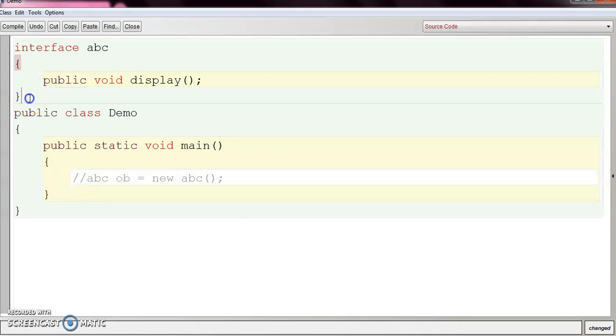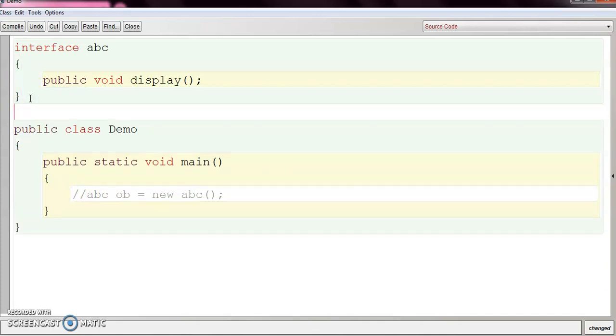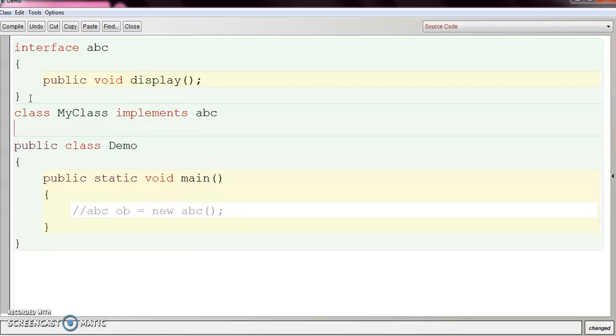So, now let's create a class, say my class, which will implement this interface.